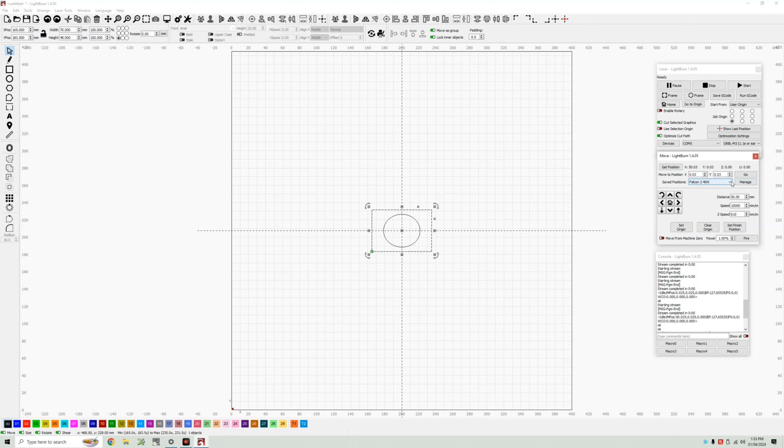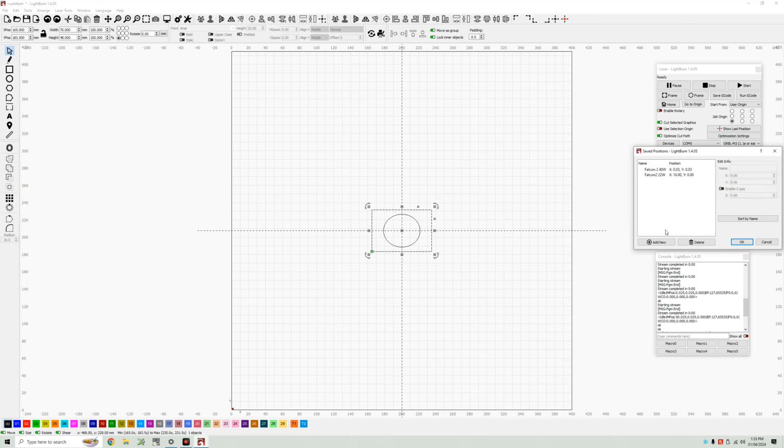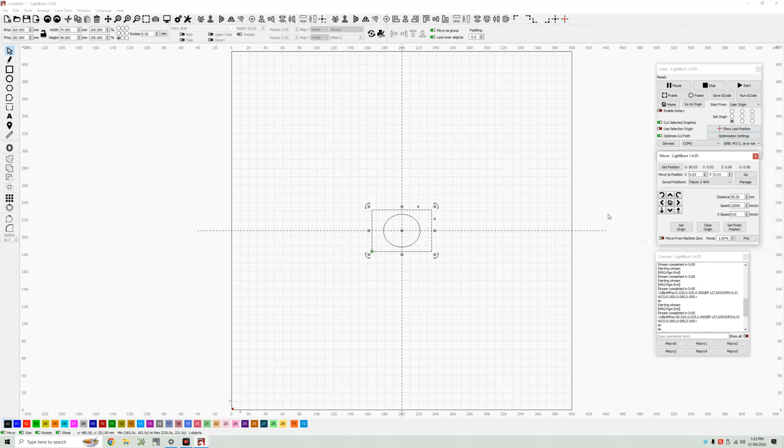let's say we wanted to add that to here. We could go new, add new, and it's right there. We could name that and save it. You can see I got a Falcon 40 watt and a 22 watt, and it's actually at X10 just because I was playing with it, just testing out to make sure what I was saying wasn't complete bullshit. But yeah, so you just save your coordinates right there. That's the real one for me, 0.03 and 0.03. And so I select that, I say okay, and that's,